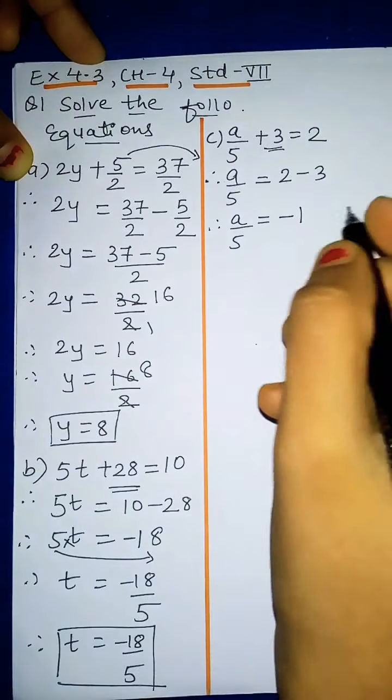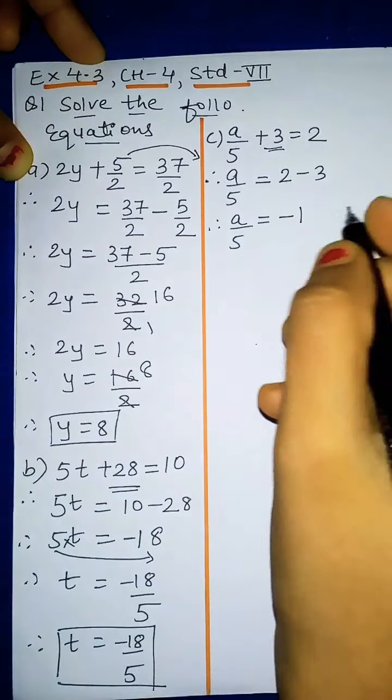Now next question is, q upon 4 plus 7 equal to 5 is given. Again plus 7 we will shift first. We will start from here. So plus 7, when we take that side, it will be minus 7. And this q upon 4 will be as it is, same. So q upon 4 equal to this side 5 minus 7. This 7 we have taken that side. Okay, transposing. We are doing transposing. So now it will be q upon 4, and this side 5 minus 7 will give you minus 2. Okay, so this plus 7 is removed.